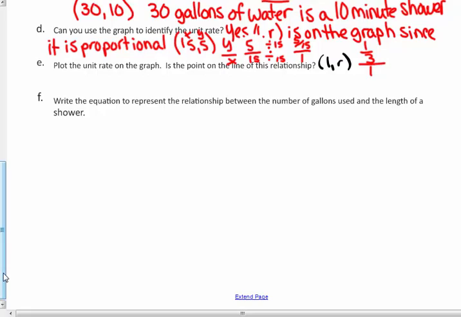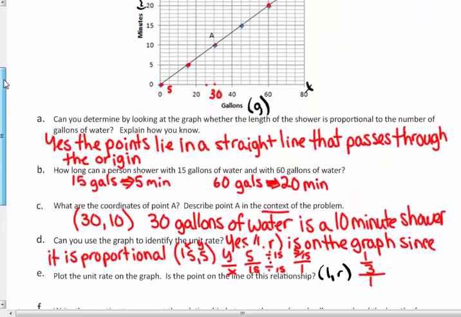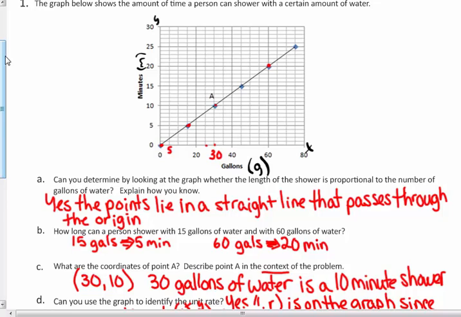Is it easy to find that one? It's easy to use any point that's easy to read on the graph to find the unit rate. So I could have used the point 30, 10. Remember, this is X, this is Y. Y over X gives me my constant or my unit rate. So this would be 10 over 30, which is 1/3. So for 1 gallon, I'm going to get